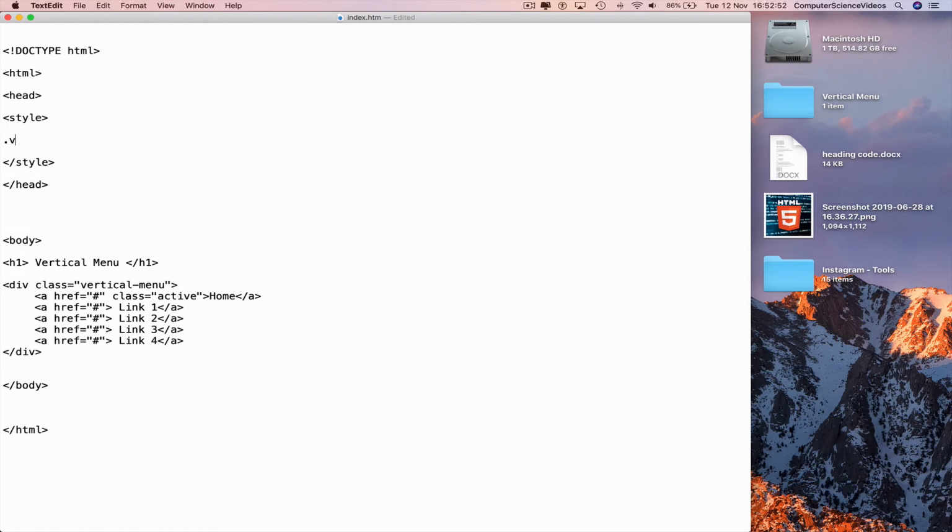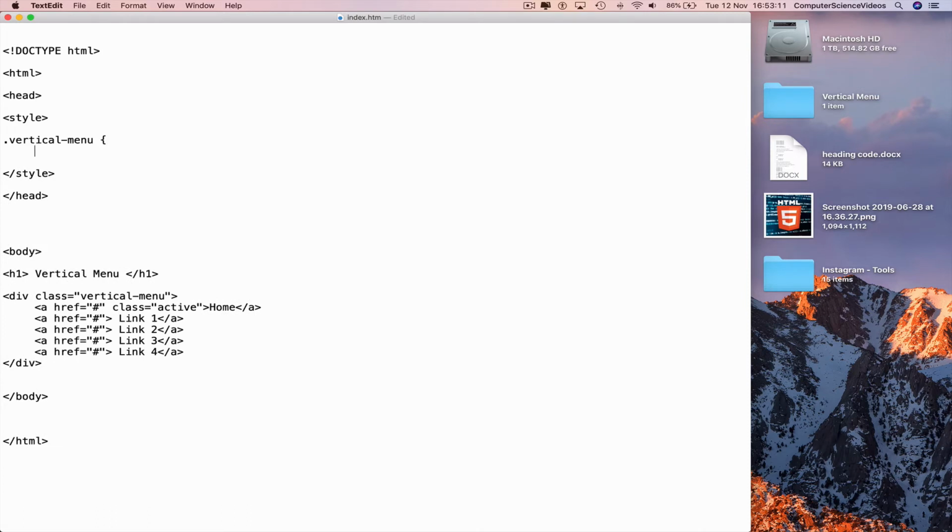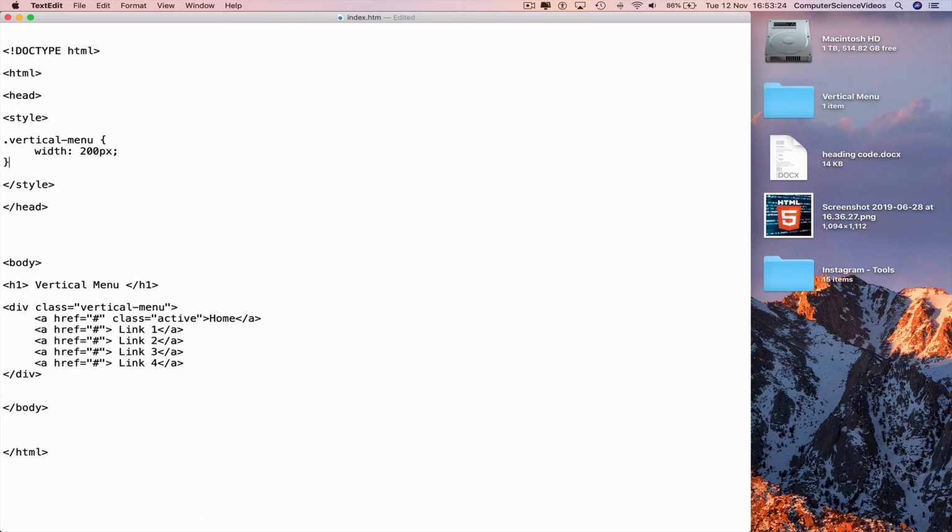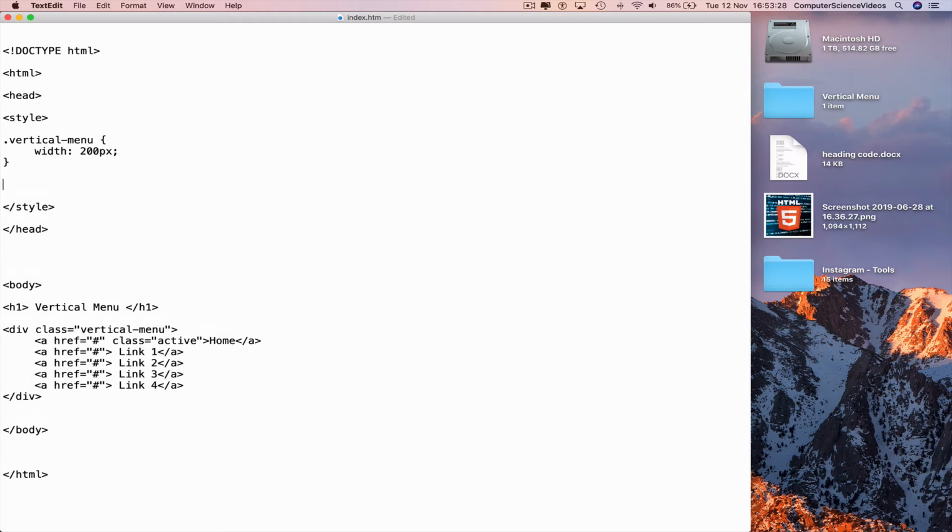Dot vertical dash menu, curly brace, new line, indent, the width, colon 200 pixels, semicolon, new line, curly brace, go to a new line again, take the vertical menu,